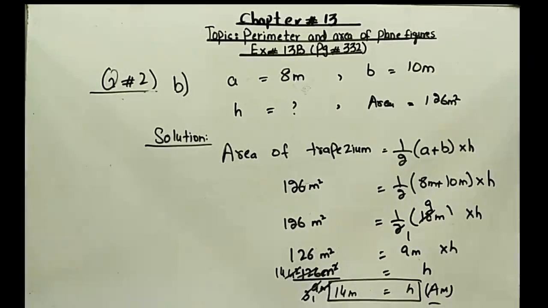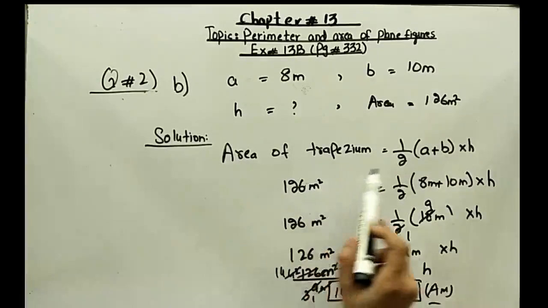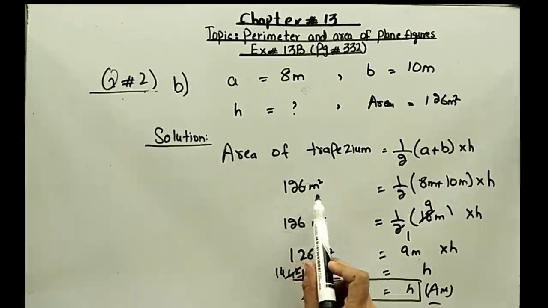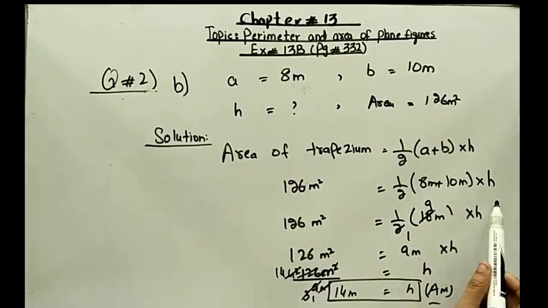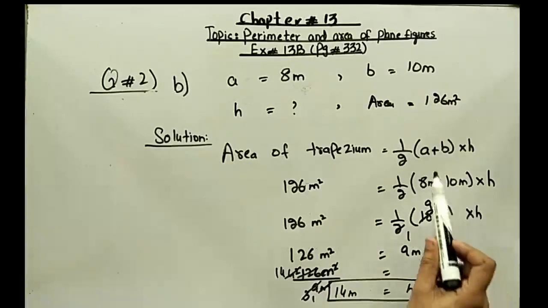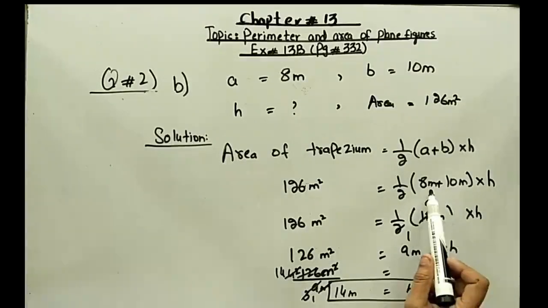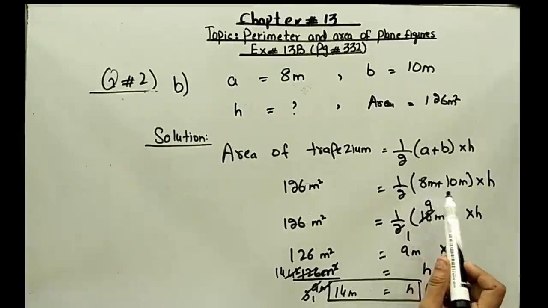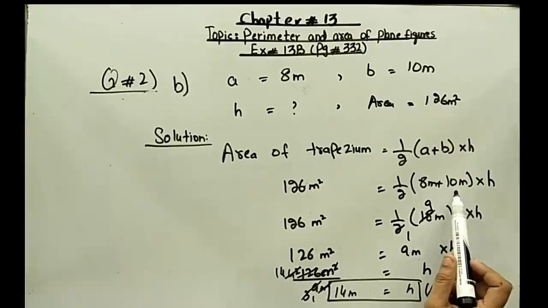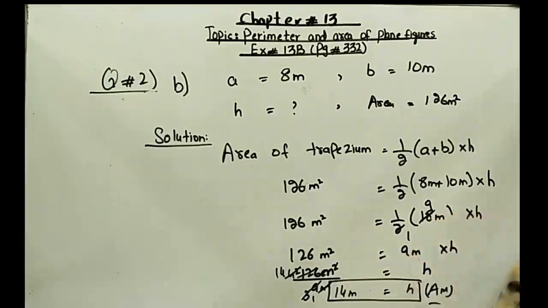And similarly, in the C part, you will find the B. So first you will write the formula, then you will put the value of the area of the trapezium, and the height is equal to 8 millimeter and one parallel side is 5 millimeter. It means A is equal to 5 millimeter and then you will find the B. So how can you find the B? So beta, similarly